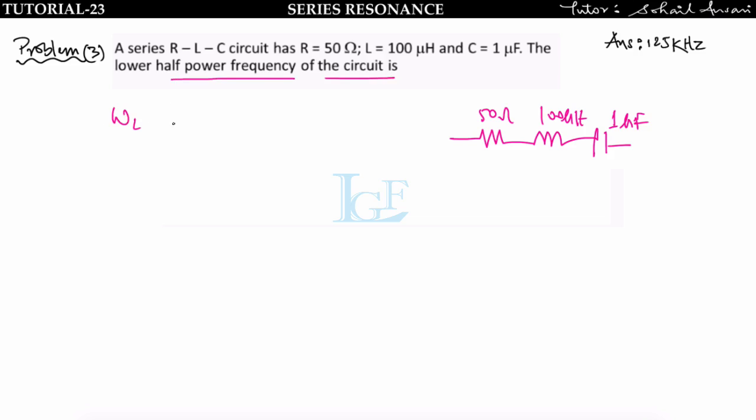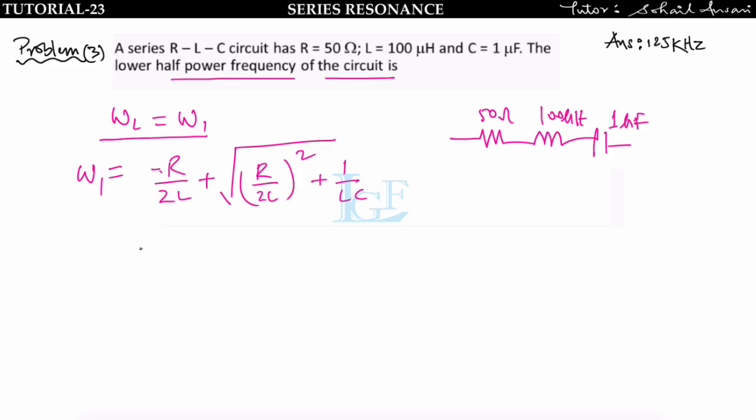Okay, now let us solve the next problem. A series RLC circuit has R is equal to 50 ohm, L is equal to 100 microhenry, and C is equal to 1 microfarad. For the lower half power frequency of the circuit, we have to find omega L, that is omega 1. We know the formula of lower cutoff frequency, that is omega 1 is equal to minus R upon 2L plus under root (R upon 2L) whole square plus 1 by LC. So if you put the values of R, L, C, you will get,